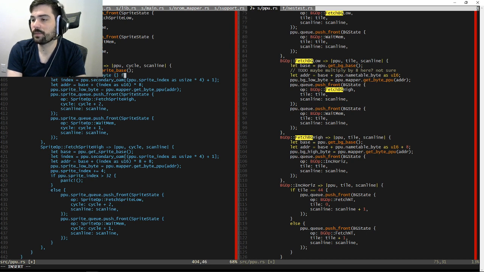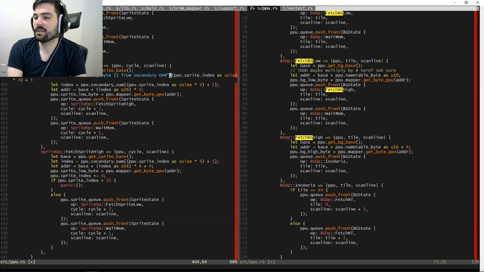Accessing byte something from secondary OAM. It's going to be, hang on a second. I guess it's going to be this. Yeah. And then we could have the addition things be like this is the breaking line between